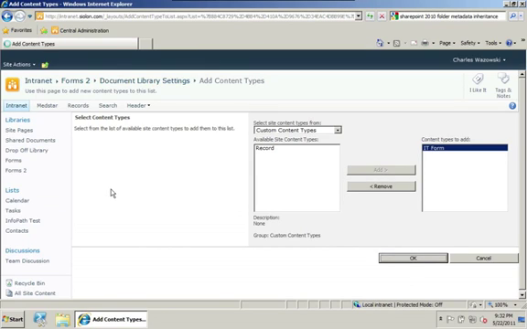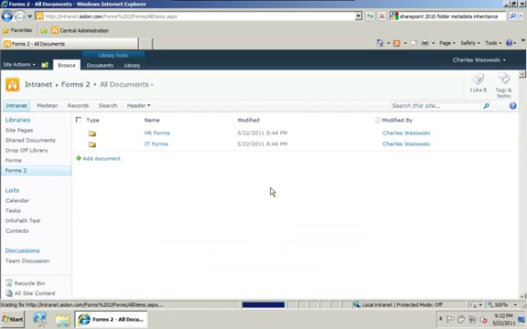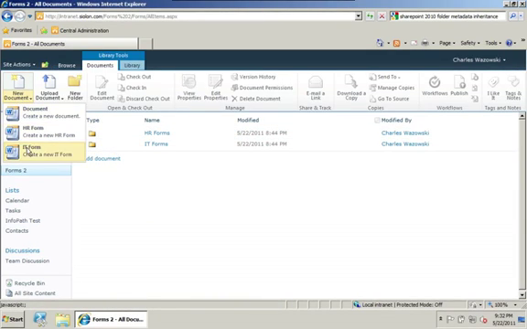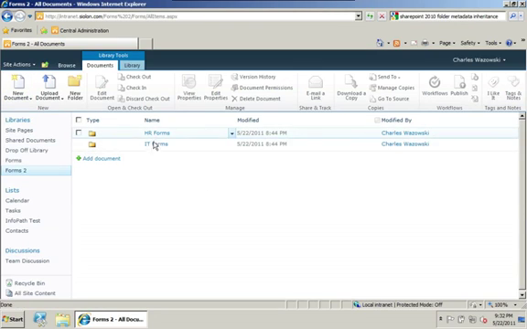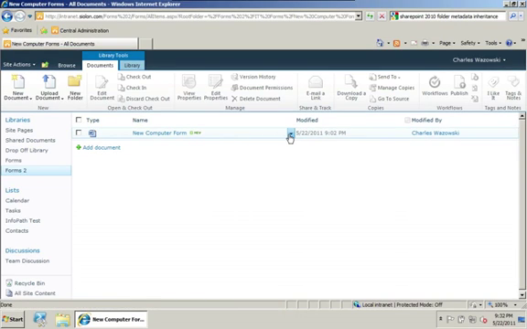And I have my IT and my HR form in here as well. So I can add content types and I can categorize them inside of these folders. So I can come in here in my new hire forms. I can edit these properties